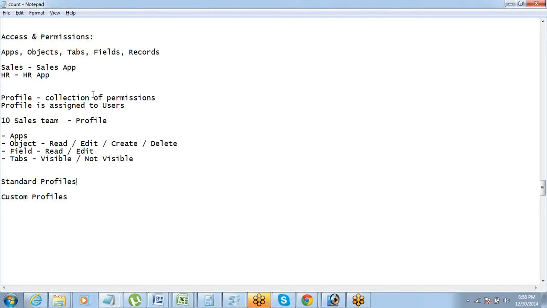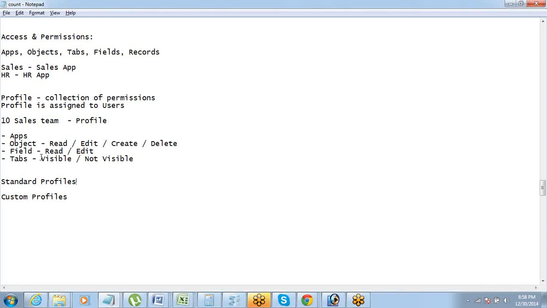So one more thing, Jit, here. In standard profile also, according to what you just mentioned, we can make some fields visible or not visible. Custom profile is where we just clone and give all the required things. But even in standard profile, we can make some of them visible or not visible, and we can make some changes.